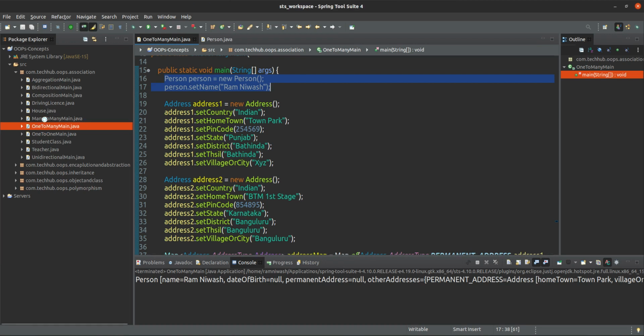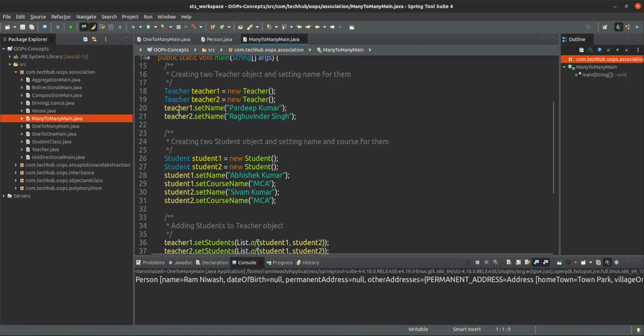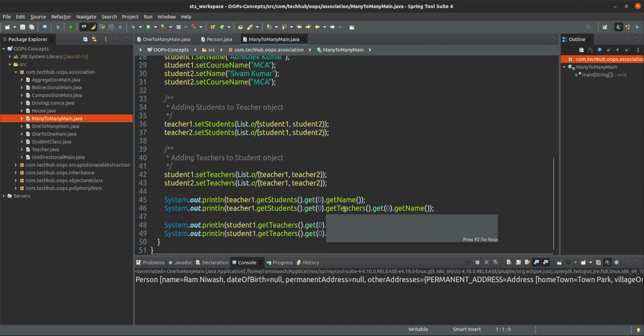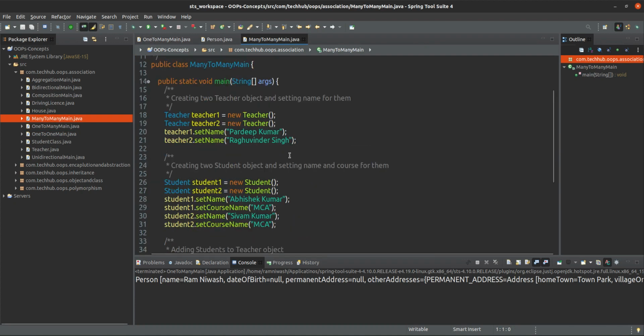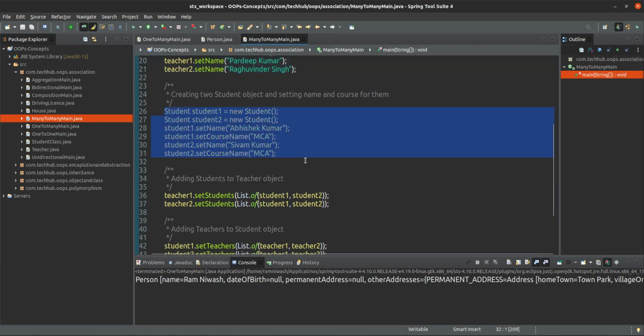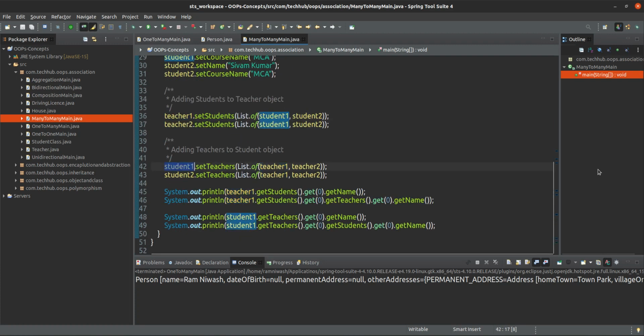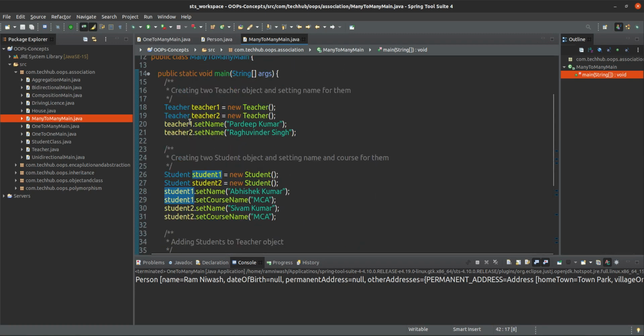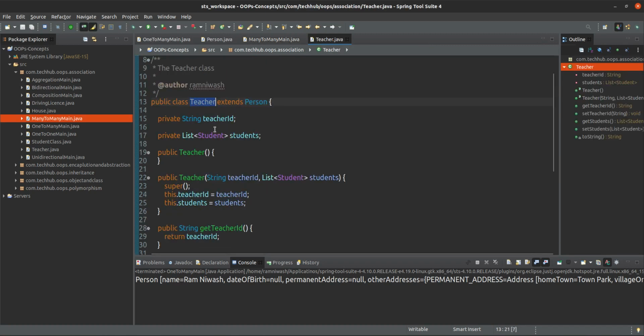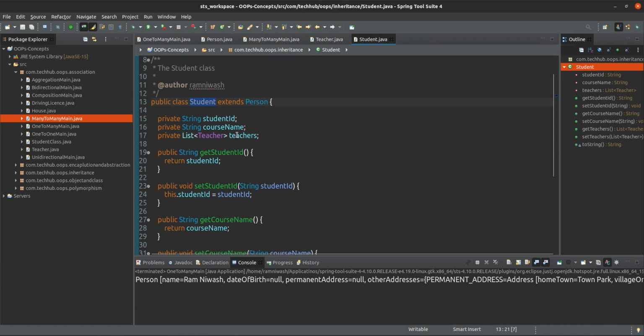Next one is many to many. Many to many is nothing but the first example that we saw here: 2 teachers, 2 students. Inside the teachers we added students, and inside students we added the teachers, and we are getting reference on both sides, because in teacher there is a reference of students, and inside student there is a reference of teachers.